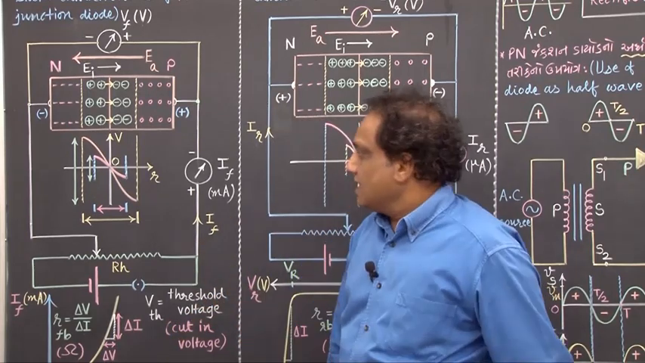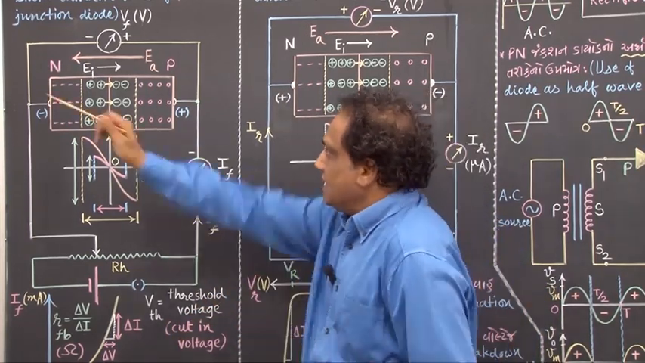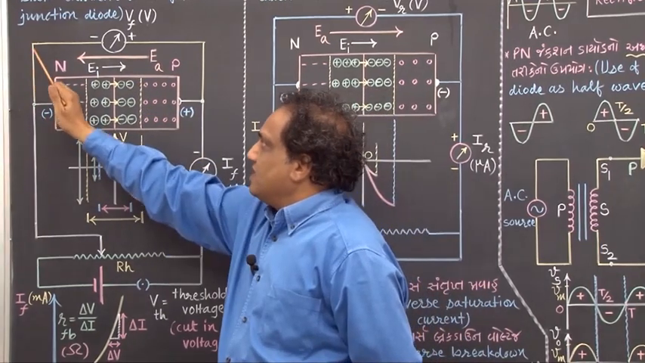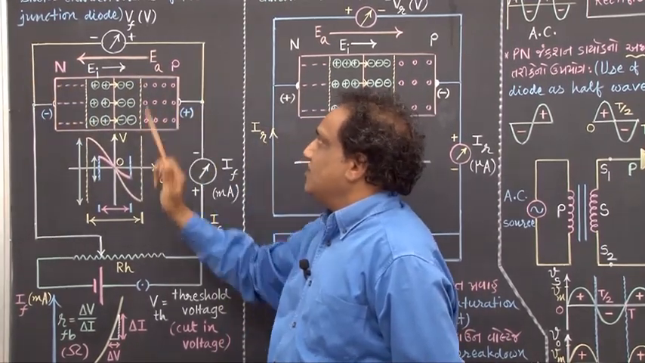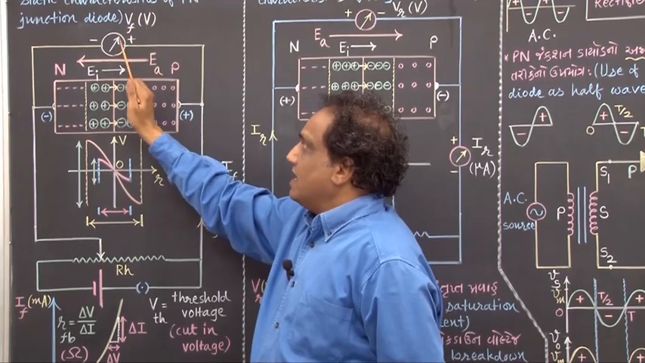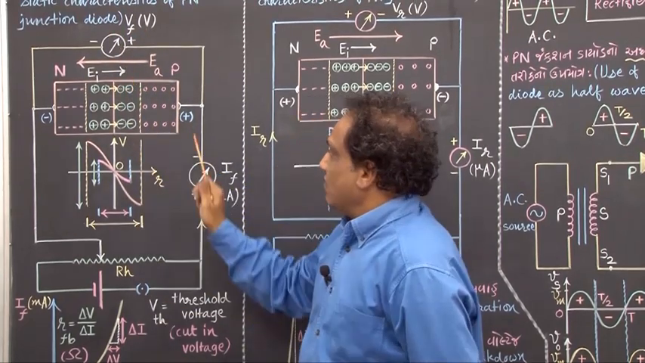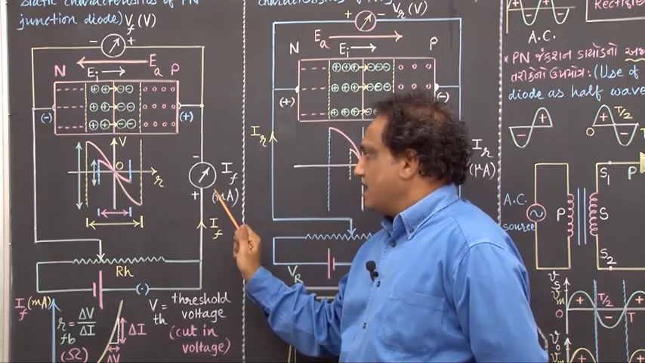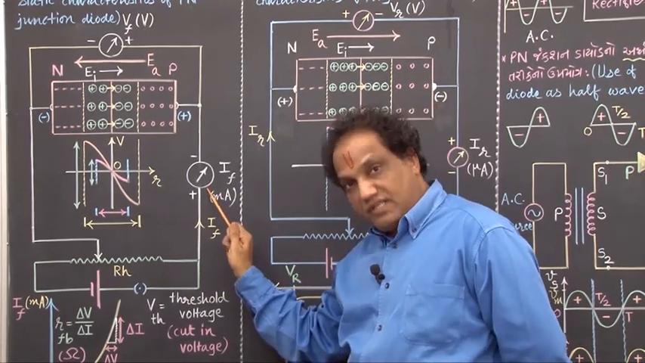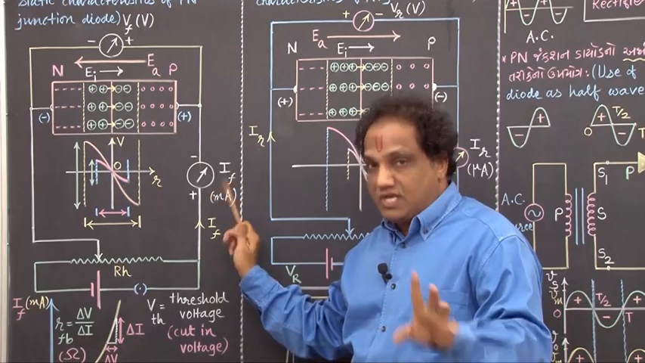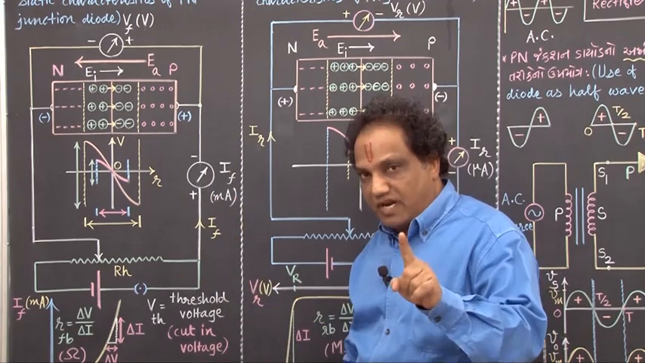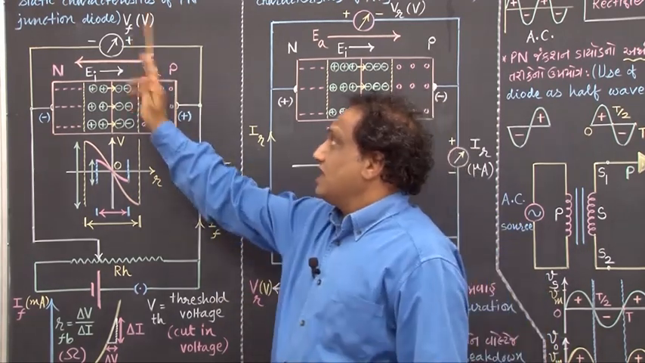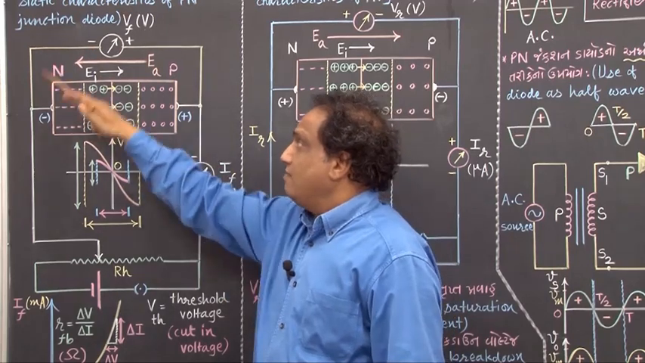Correct? Fine. Now tell me, what is the voltage across the PN junction diode? Just to measure it, we connect some voltmeter in parallel. And what is the current passing through the PN junction diode? To measure that current, we connect some milliammeter in the circuit in series. You know, current meters are always to be connected in series, whereas voltage meters are always to be connected in